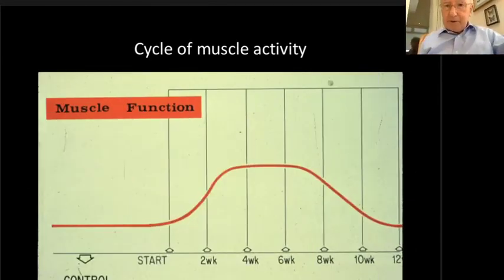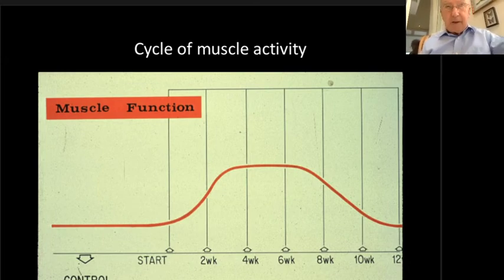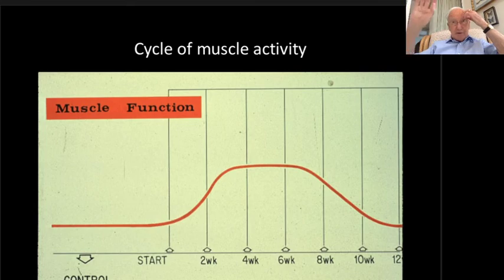This graph represents the response of muscle function during the first 3 months after the appliance was fitted to advance the mandible. Now, at this point, I want you to experience this for yourselves, sitting at home. What I want you to do is to move your mandible forward as far as you comfortably can. And when you do that, just move it around a little and feel the